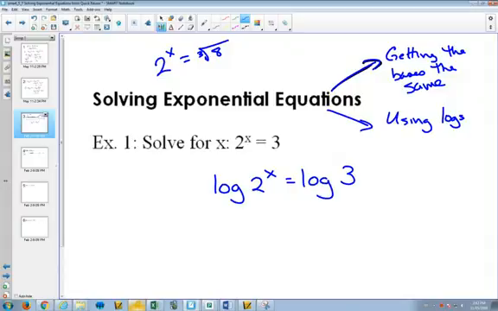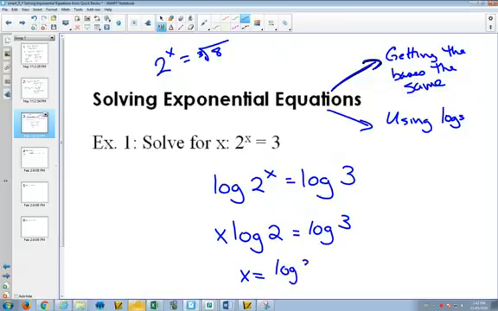Whenever we have an exponent inside of a log, that exponent comes out in front. These questions are almost always on a calculator part of a test, and they'll ask for a certain number of decimals. So when we solve this, we're going to get log 3 divided by log 2. So we go to our calculator